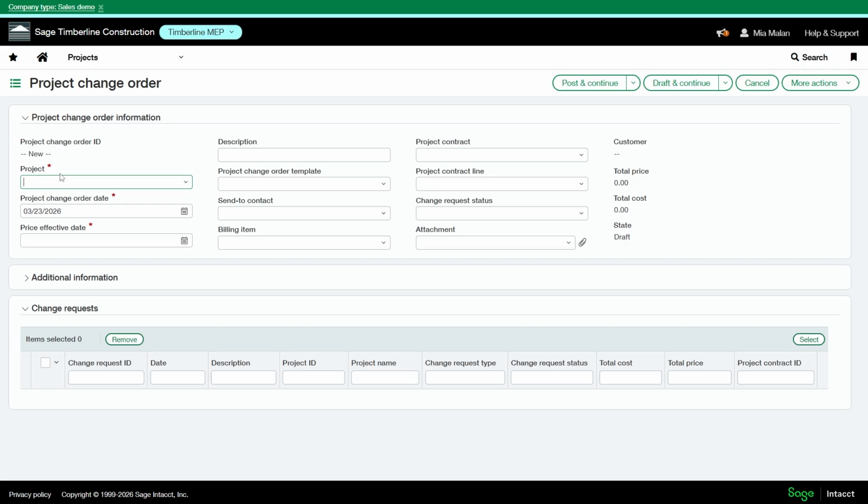In the project field, select the project this change order relates to. This is a critical step. Only change requests that share the same project or sub-project will be available to link to this change order. I'd also like to note that you do need to have an estimate in to start this change management process. You will get an error if you try to issue a change request and there's not an estimate in the system. You might also receive an error if you don't have cost codes added properly to your project, like we talked about a few videos ago.